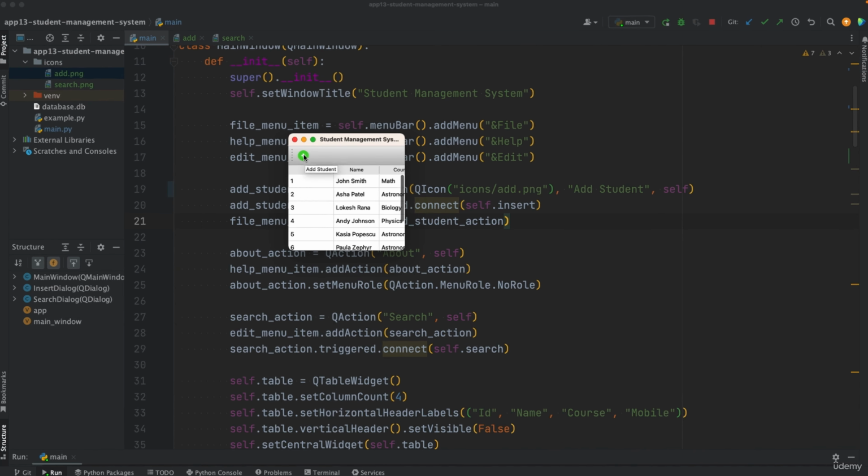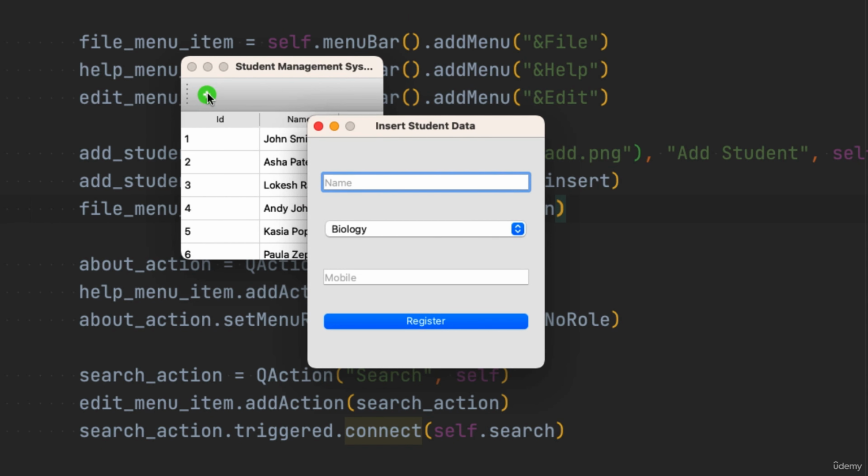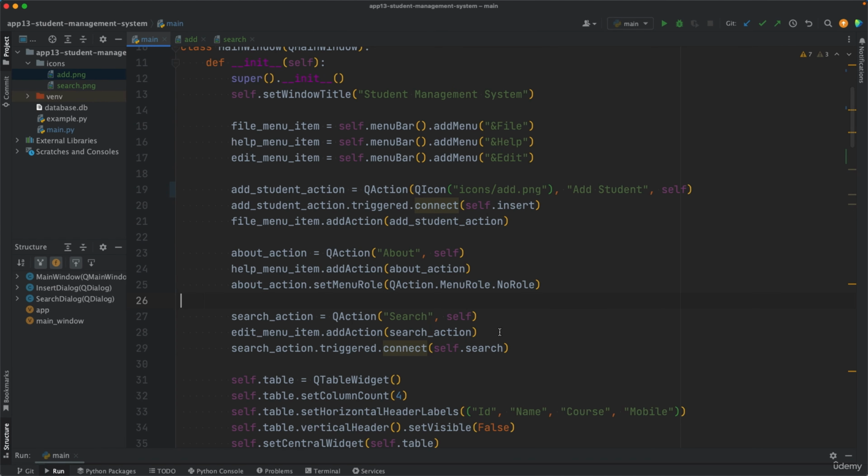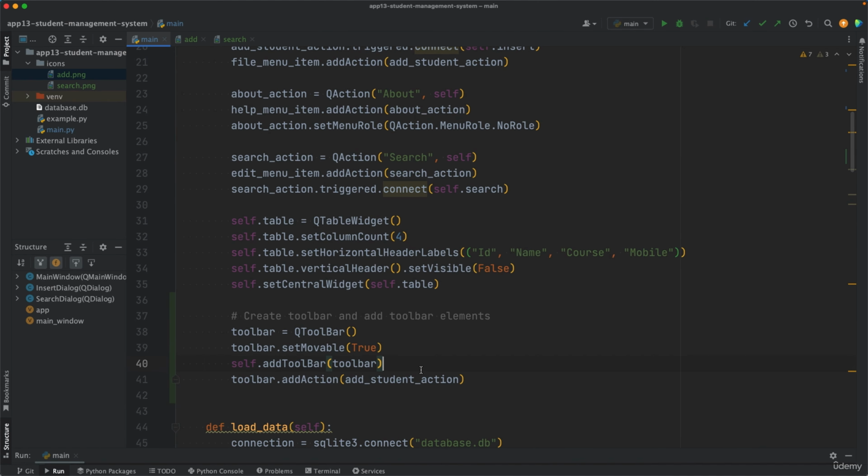Yeah, that's the icon. And if you click it, it does exactly what file add student also does. So it shows up the insert student data, and here you can insert a new student record. So it's working fine. Let's add the other icon as well. So that would be